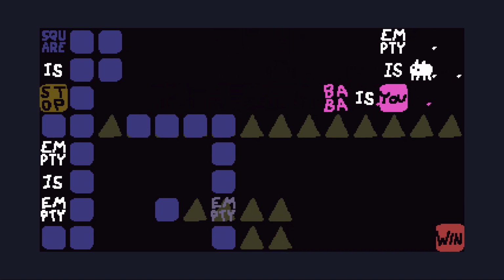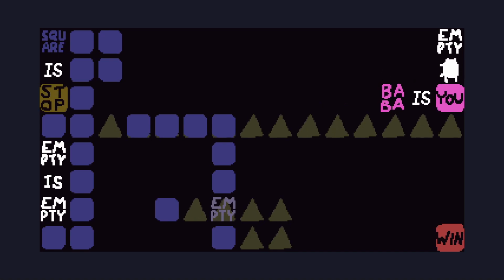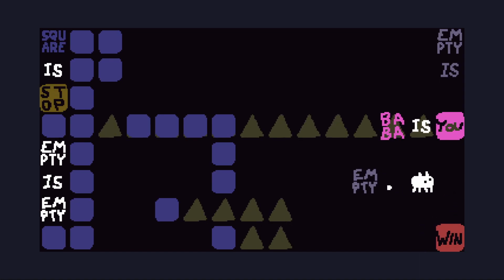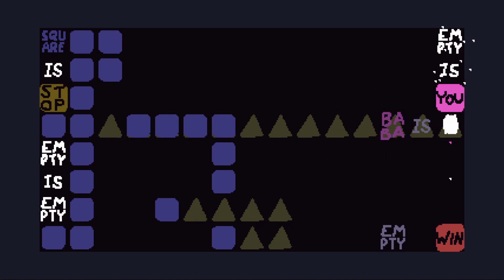Just trying to figure out how to break that empty as you. There we go. So we break that empty as you, and we get another empty. And then we have to figure out how to simultaneously do this, which is going to be a bit difficult. So we had to make empty as you like this, so here's a problem. But we have nothing to...